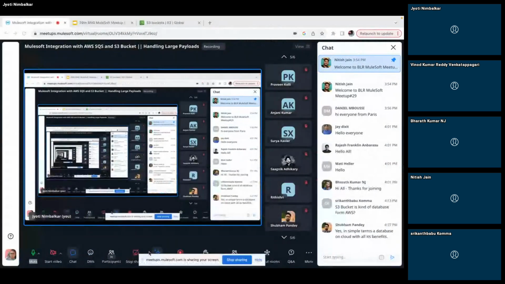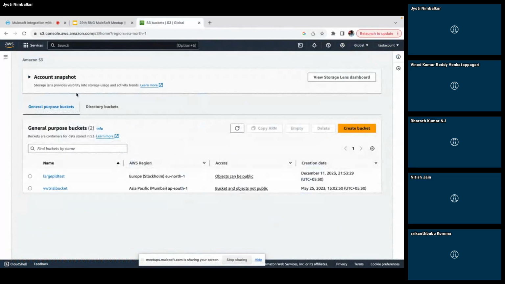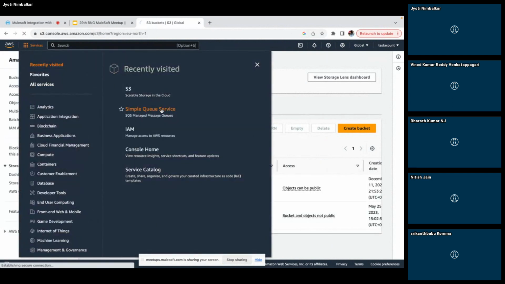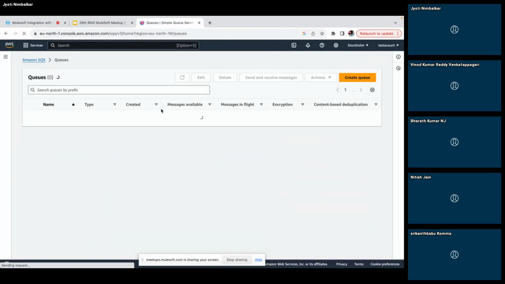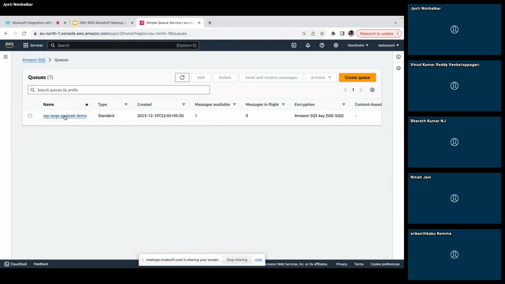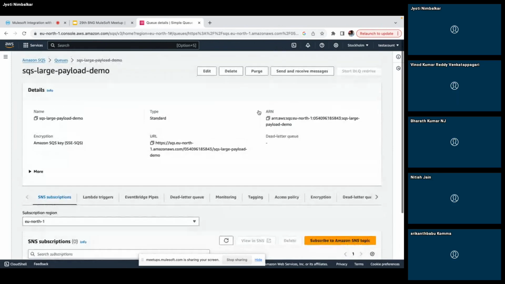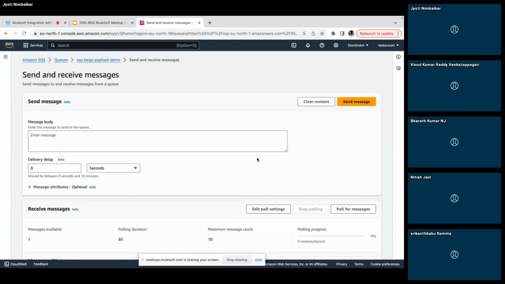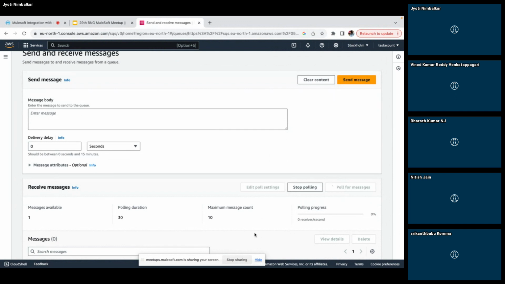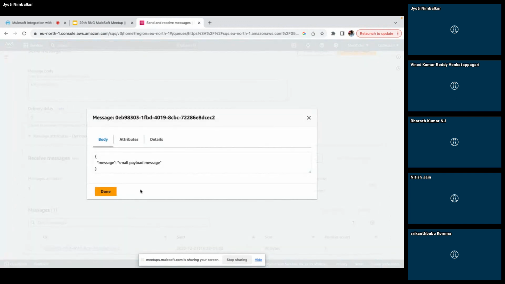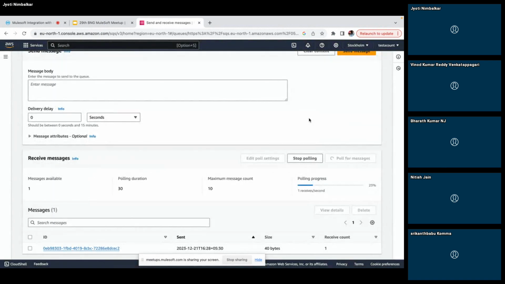Data is published. This is the message we can see. The payload has been successfully published to the queue.